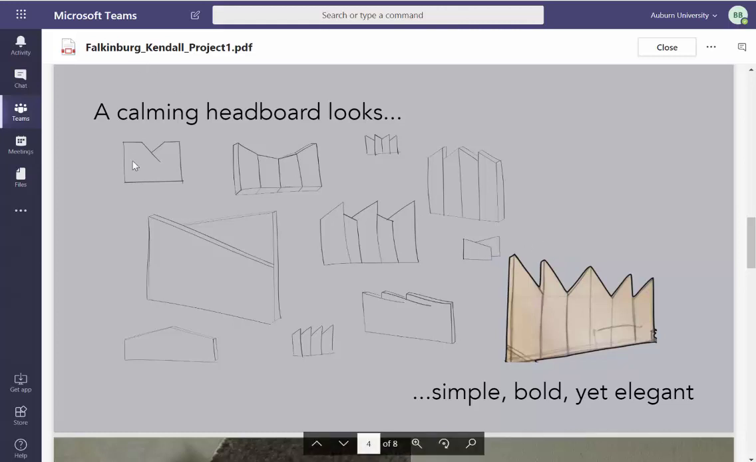So one of two things, definitely two things. I want better sketches. I want sketches in context because this looks like a fence, not like a headboard. In order to do a headboard, you got to give me some context of a bed as well. And two, I don't believe they're calming shapes. They're kind of rather abrupt in nature. So